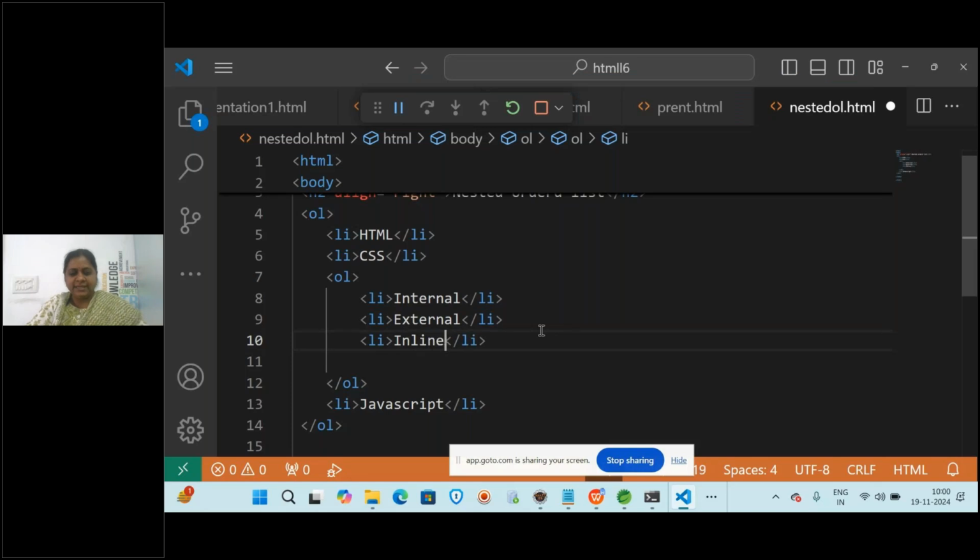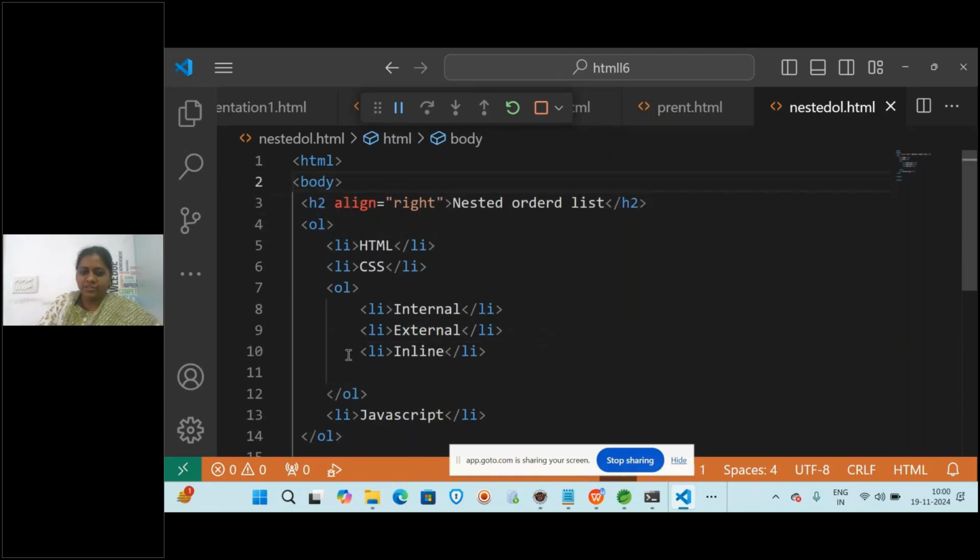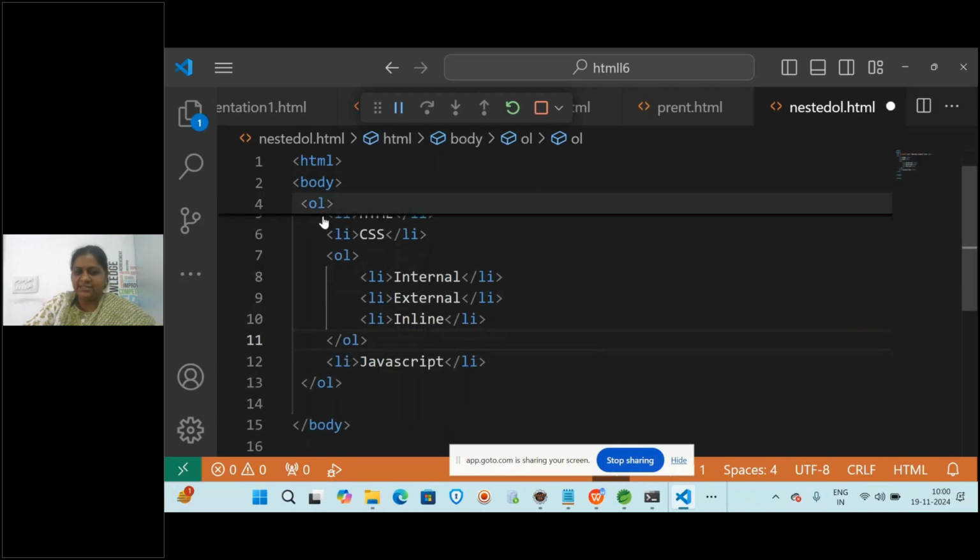So these are the three types we wrote. I did not mention the type also. But I wrote a nested list. See how it is going to come out in the nested list. So this is closed here. This is the internal and this is external.